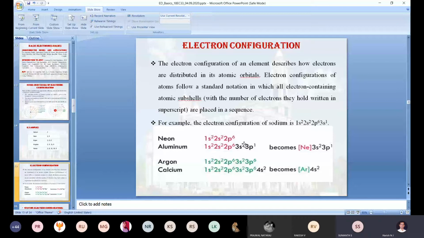Yes, sir. Actually neon consists of 10 electrons. There is nothing wrong in that. Just for understanding purposes, let us assume neon consists of a total of 11 electrons. Those 11 electrons will be arranged in this fashion: 1s2, 2s2, 2p6 and 3s1. But instead of writing 3s1, I will do a little modification: 1s2, 2s2, 2p5, 3s2. This way of writing the electronic configuration for some atom, it is correct.